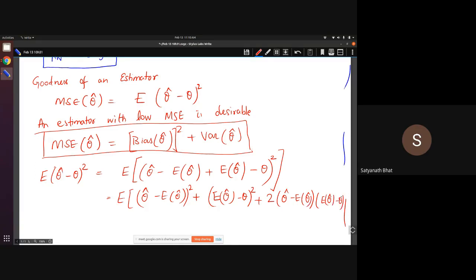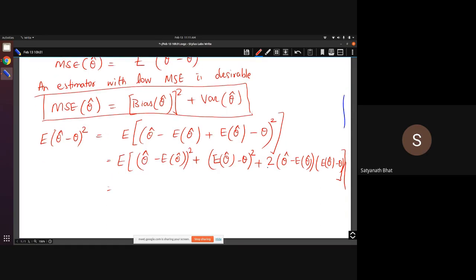Okay, so this is what it is. And now we will use linearity of expectations and then open this up. Okay, so this is the first term. Okay, second term. And here we have, so if you look